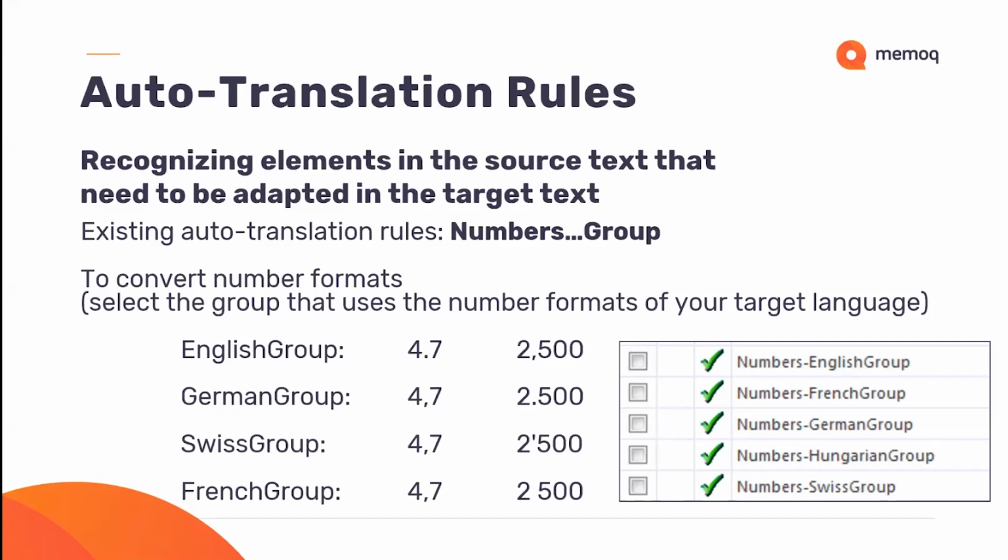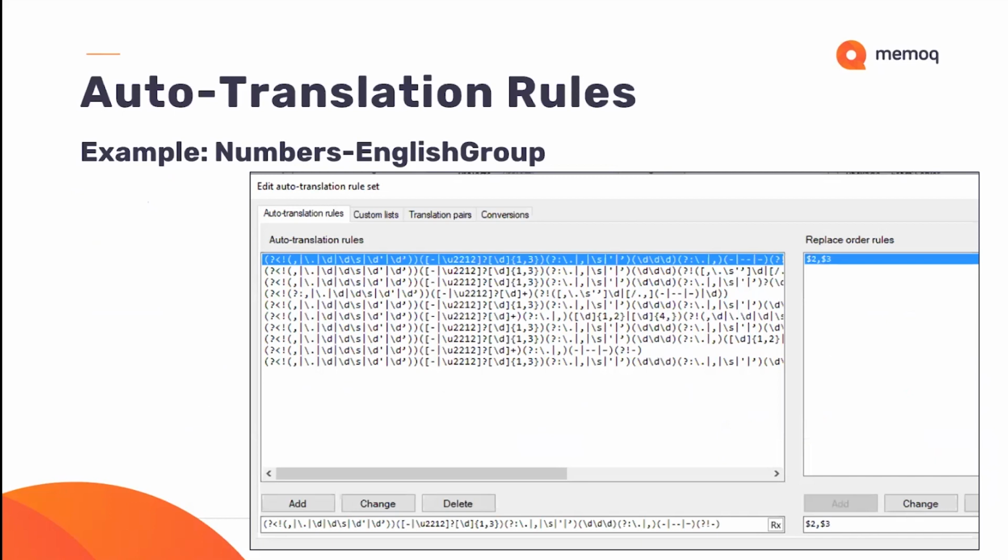There isn't a group for every target language that exists because a lot of languages share the same rules. So whenever you translate into a language that, for example, uses the same as German, meaning a comma for the decimal numbers, then you can use the German group, and that will then take care of the number format conversion. Now, just so that you know what's behind that, I have taken a look inside the auto-translation rules